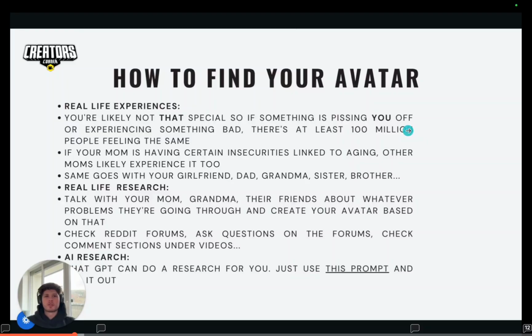Literally whatever is pissing you off in your life, you put it on TikTok and write it out and do some normal visuals, there's like a 90% probability that you will go viral, because again, as I said, you're not that special, and if something is pissing you off, there's at least another 100 million people feeling the same. It could even be as simple as this brand of markers not working properly on my whiteboard. Even though this marker does work properly, let's say this was some messed up brand that doesn't, and I did a TikTok video saying, "Oh my god, these markers suck, they never work on my whiteboard and they always run out so fast." Well, if it was true, then I guarantee you it would 100% go viral.